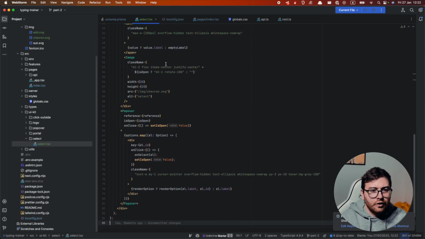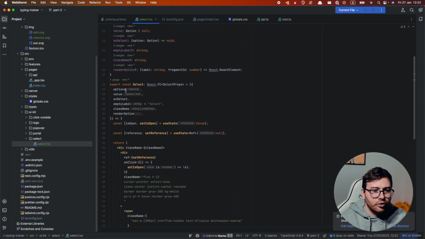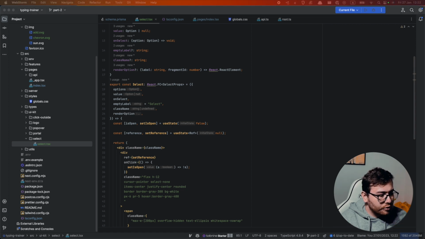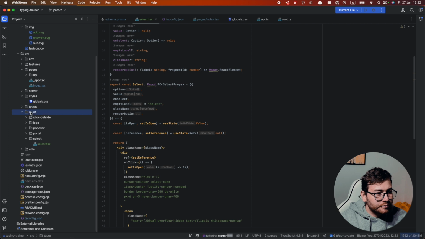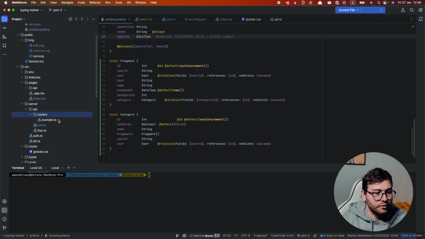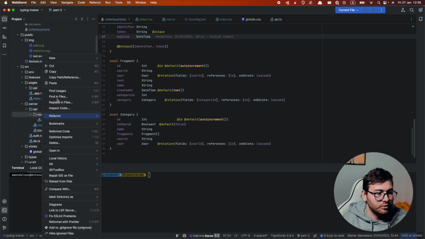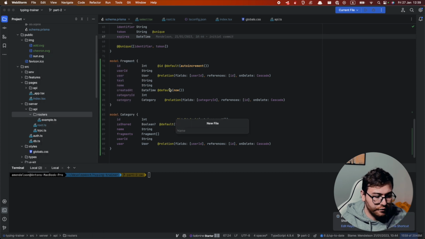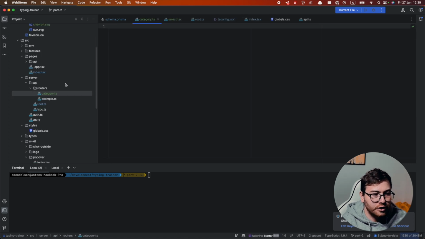So we'll have our select component and we'll have our pop-up component. Now let's try to add our routers. So we'll start from category router, and it will help us in future to fetch data and mutate data. So I will create file category.ts in routers folder,